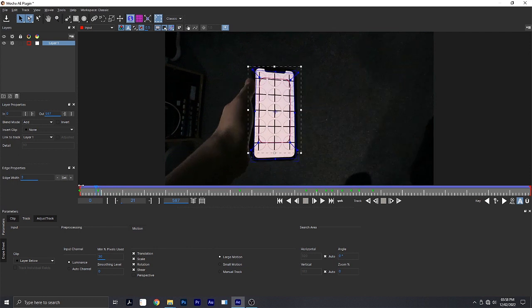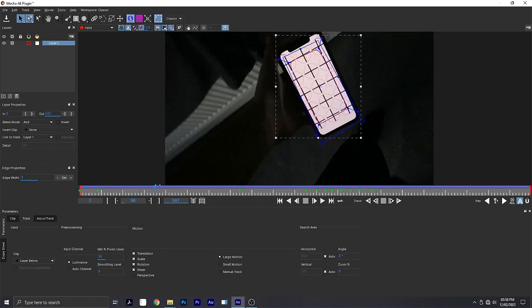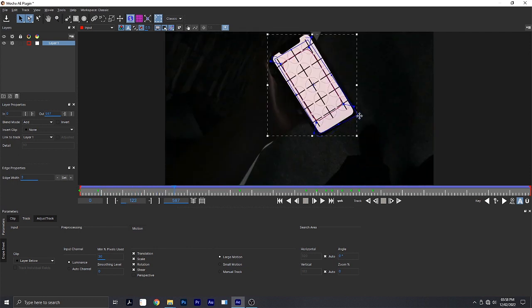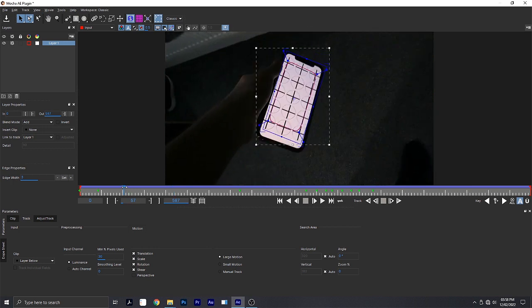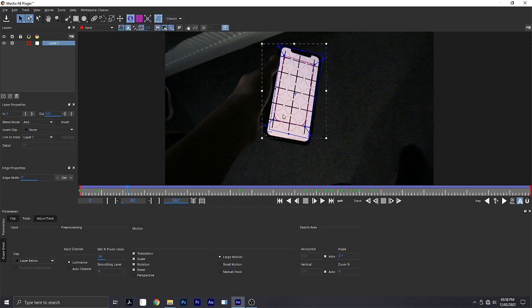It has drifted over time as the tracking points have been adjusted, and so when I move the planar surface back into position, on the previous frame the planar surface is no longer in the same place I put it in. It has moved again. This is an issue with Mocha, as unlike the tracking points, the planar surface does not keyframe as you move